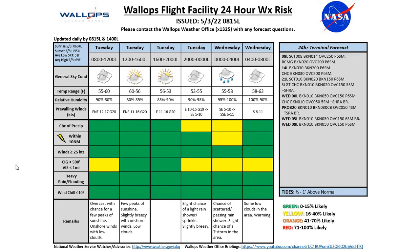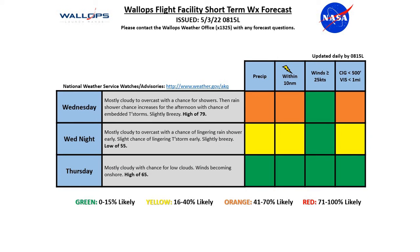We also have those yellow colors for seeing some low ceilings and visibility. Keeping it around this morning with those low clouds still in the area, and then again we're expecting that to come through as we see those showers and thunderstorms move through the area through the overnight hours. Tides are about 1/2 to 1 foot above normal, and looking at the next couple of days, Wednesday